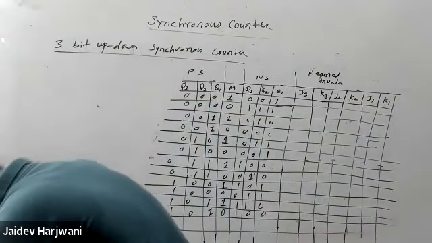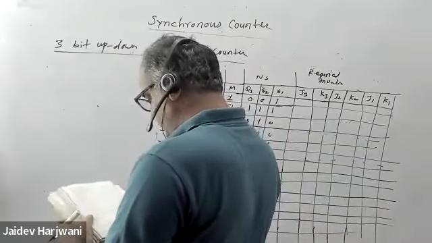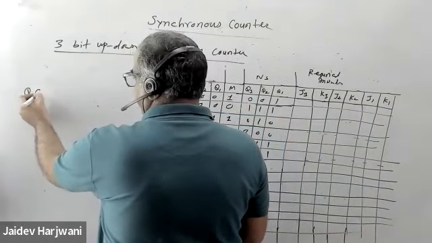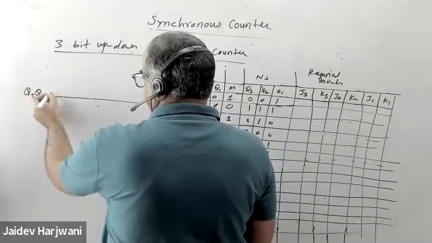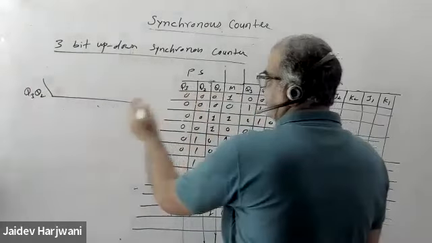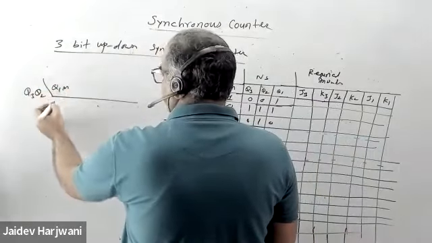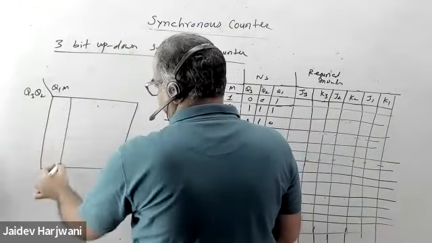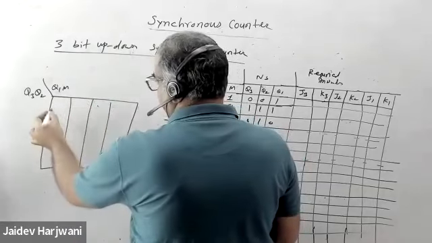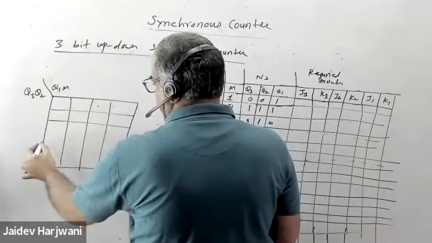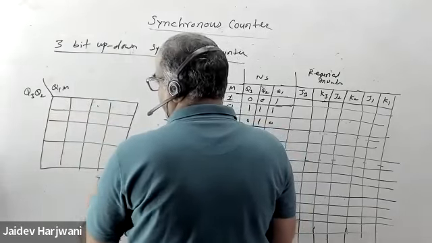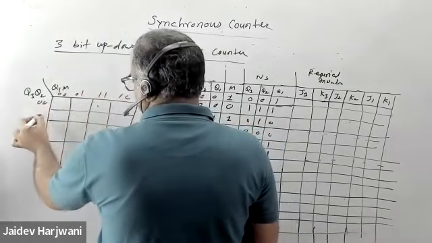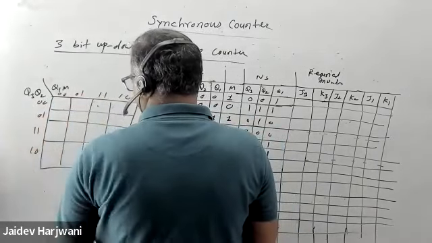Okay, so this time your K map will be Q3, Q2, Q1, M. Okay, 0, 0, 0, 1, 1, 1, 1, 0, 0, 0, 0, 1, 1, 1, 1, 0, and you have